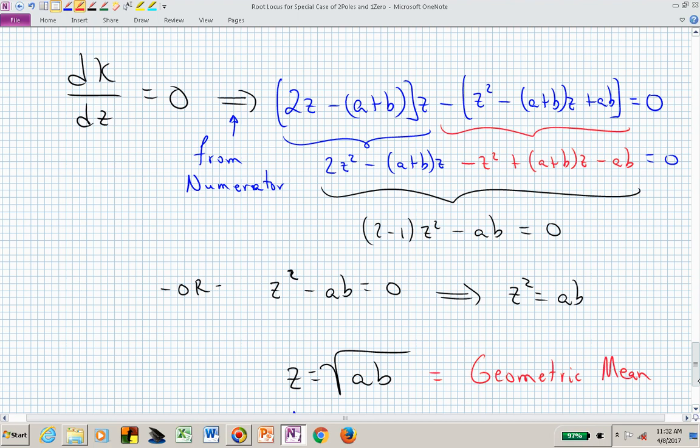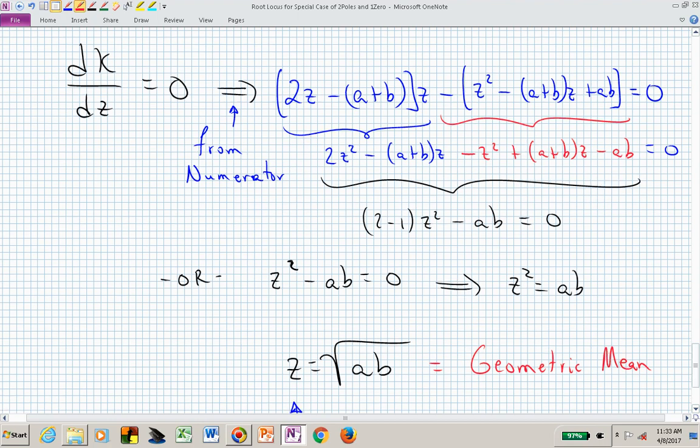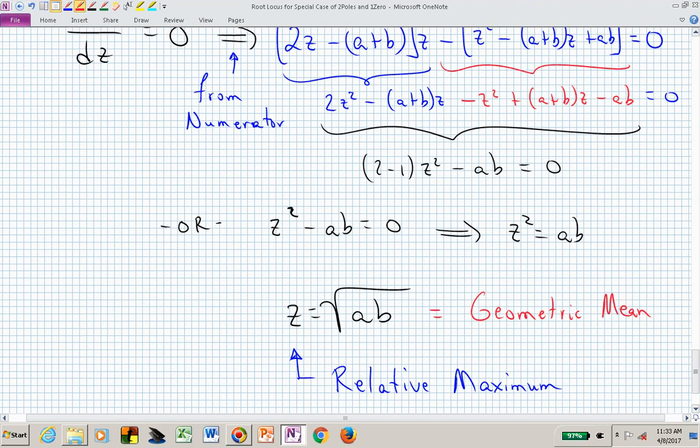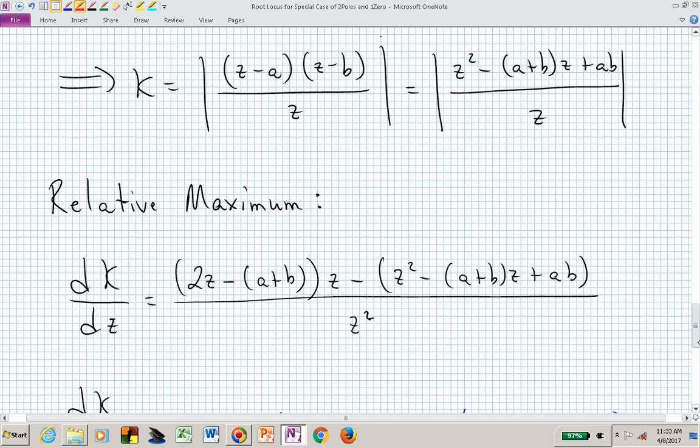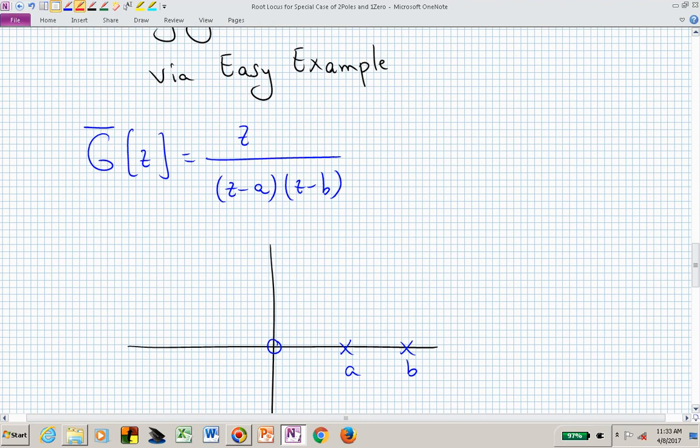I could take the square root, and in fact, plus or minus the square root. The plus piece would be the relative maximum. The minus piece would be the relative minimum, and so in this particular picture, our breakaway point would be here,